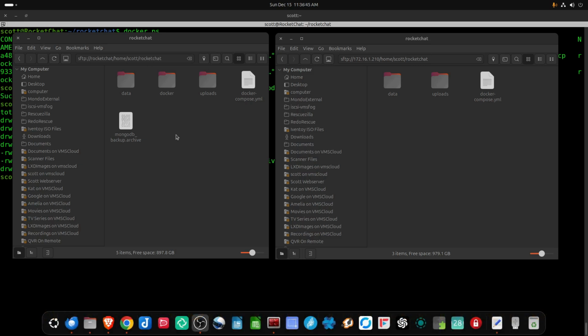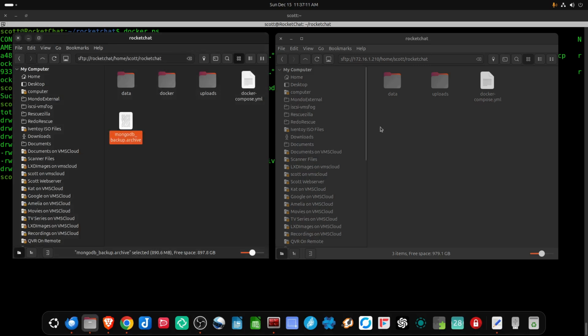SFTP is a protocol that comes along as part of the OpenSSH server, and I've mentioned it on the channel several times before. Now that we've navigated into the RocketChat folder, you should recognize the data, Docker, and uploads folders, as well as the Docker compose file, and now our mongo